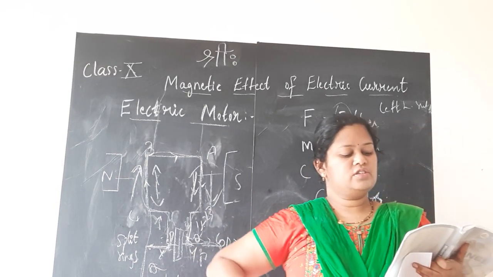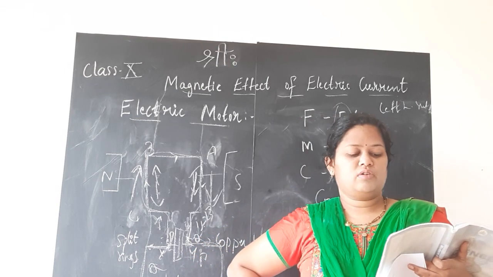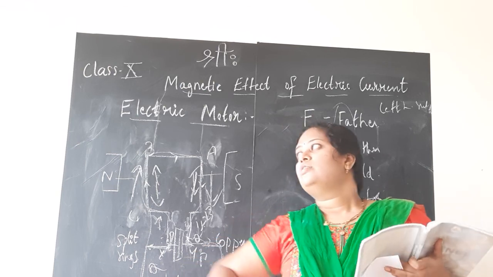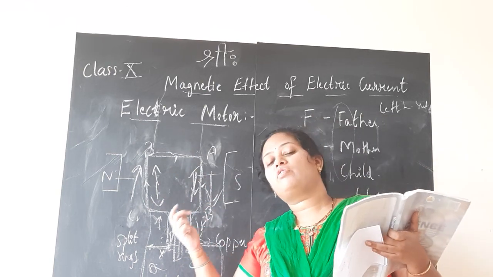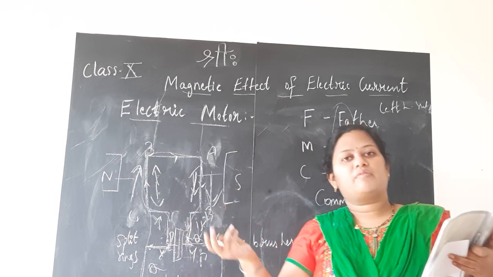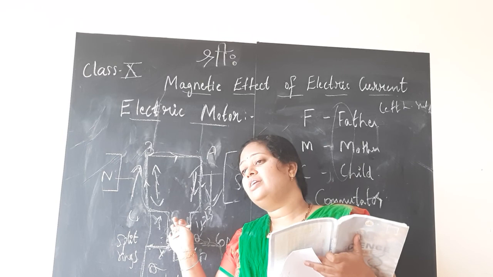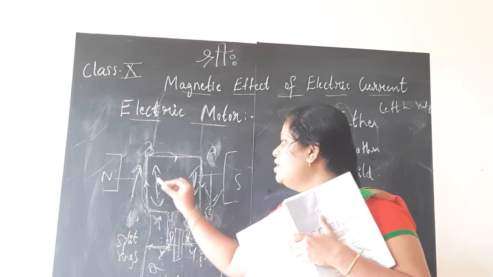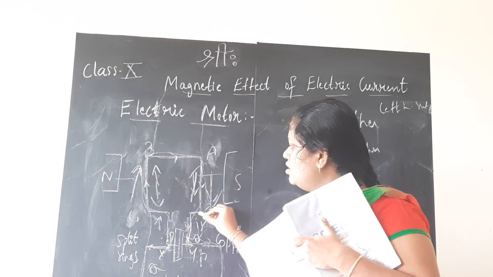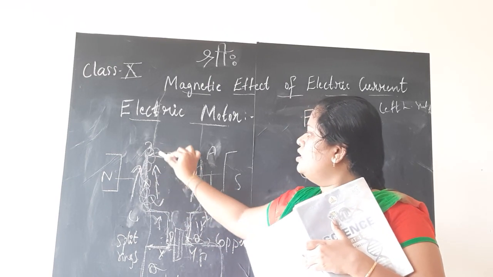A large number of turns of the conducting wire in the current-carrying coil and a soft iron core on which the coil is wound. So only one turn is shown here, children. Many turns of coil are used according to the requirement, or how much power the motor requires, and the soft iron core is used. Why? Because it has to get magnetized, no? So here only one turn of coil you see, one line you see. But in commercial motors, many turns you can see.